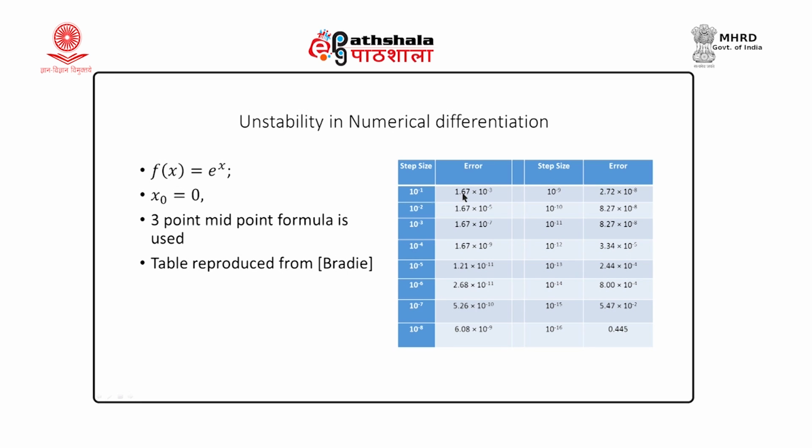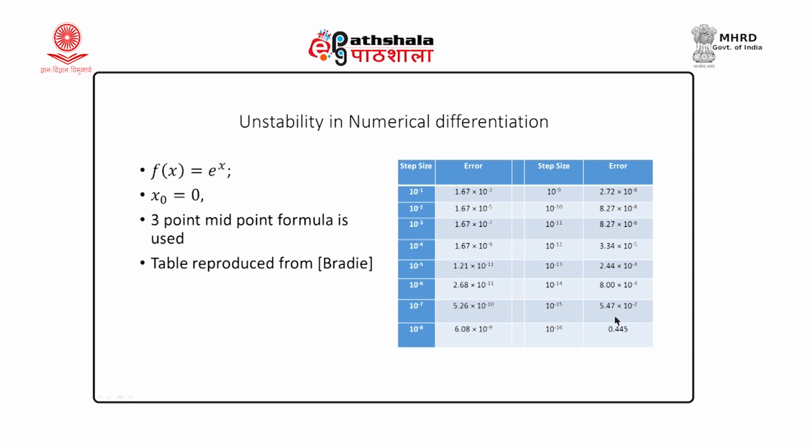This particular table I have taken from the book by Brady, and this illustrates the 3-point midpoint formula for a very simple function e raised to x and very simple argument x0 equal to 0. Then as the step size is being reduced, 10 raised to minus 1, 10 raised to minus 2, 10 raised to minus 7, see the error as such is going on decreasing up to 10 raised to minus 6. Up to 10 raised to minus 5, but then further reduction in the step size is increasing the error, total